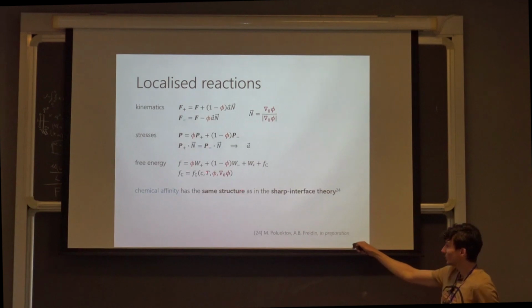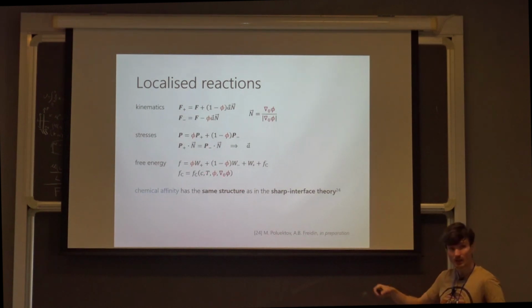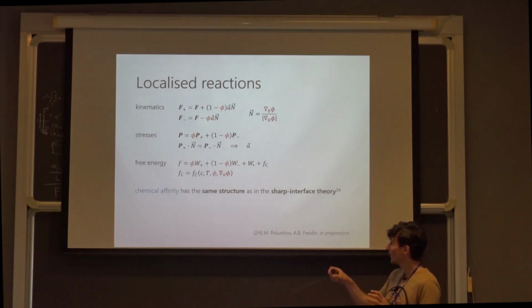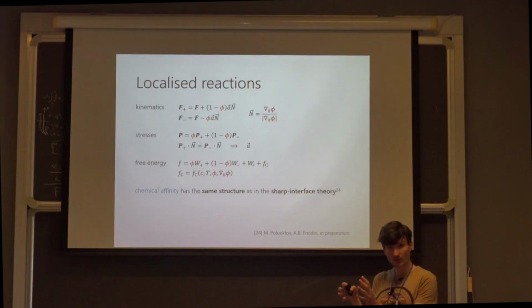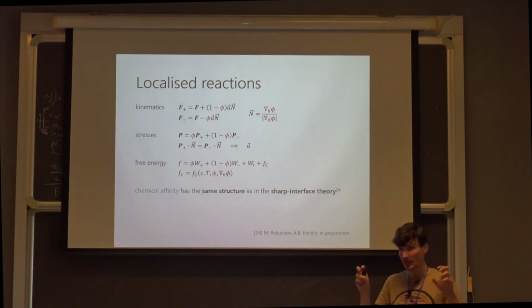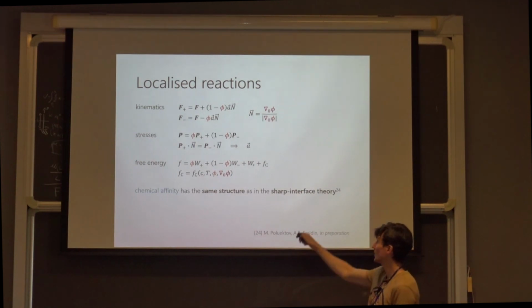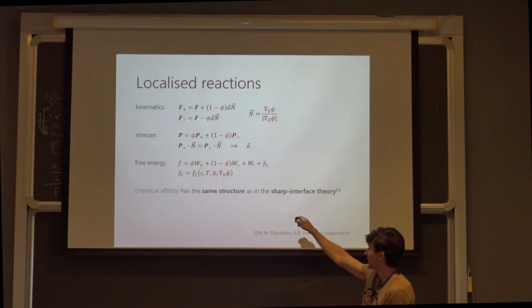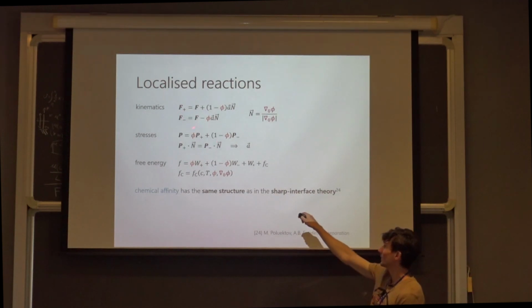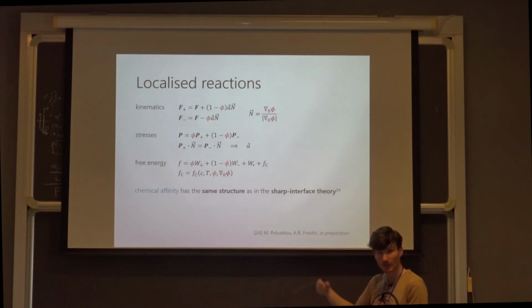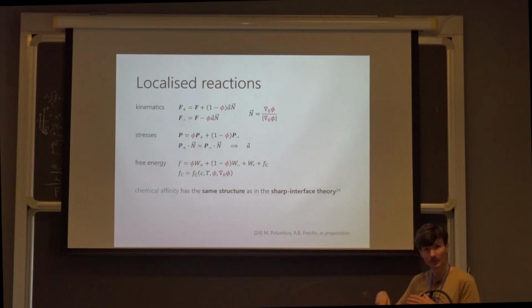So to be able to do this phase field properly, several tricks are needed. So first of all, you need to handle kinematics. Within the volume, you only have one deformation gradient. So you need to introduce the deformation gradient of the transformed phase and the untransformed phase, although you don't really have them. You imagine that you have them like this, there's F plus and F minus. And the phase field people came up with that for phase transitions before us. But then the chemistry part is what we have done